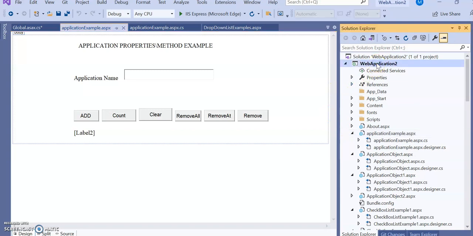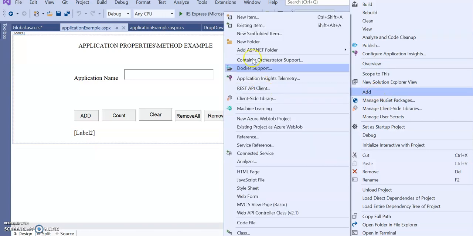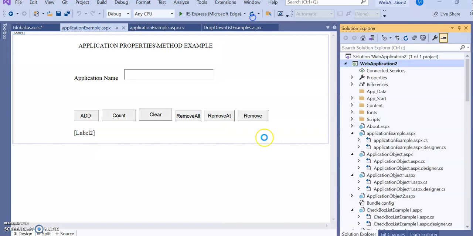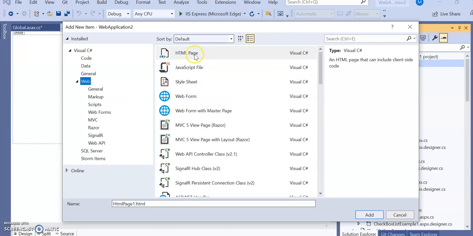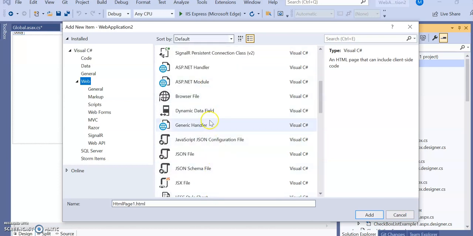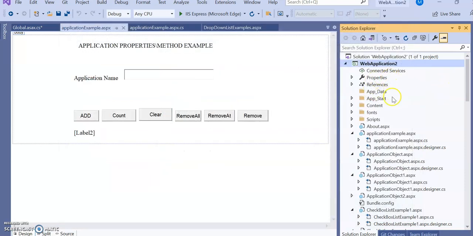Just go to your application, right click over here and go to add. Now from here go to new items, and just like a web form you have to search for the global.asax file. I told you that the global.asax file is a single file for your web application. Once you add this file, next time if you try to add it, it will not be shown in this list. So assume that I haven't added it. You will find the global.asax file here, say add, and it will get added. So my file has been added over here.